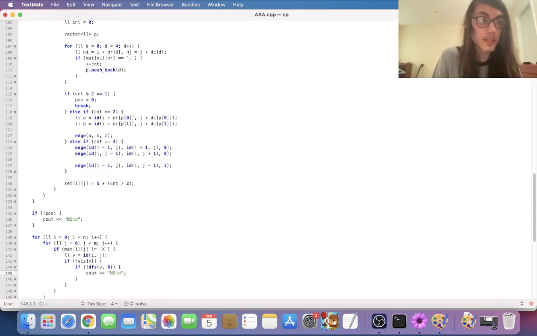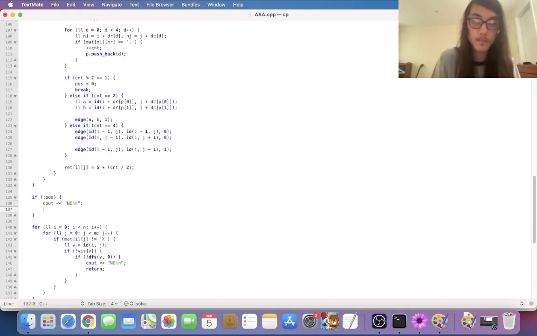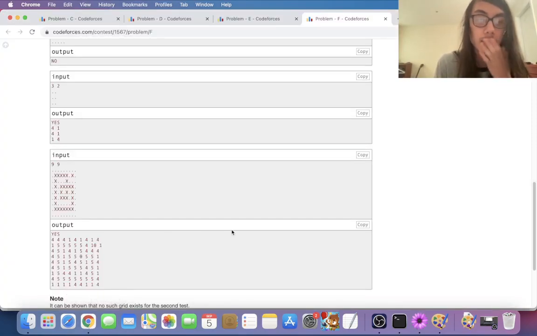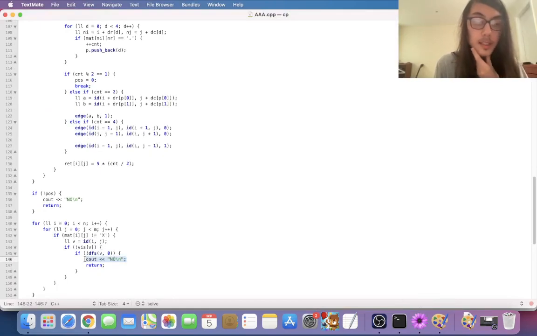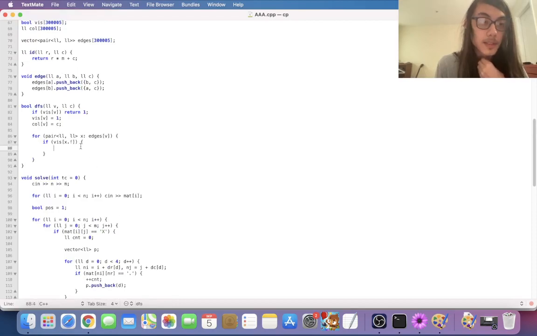I'm feeling we shouldn't get to this, but in case we do, like it should always be possible, but in case it isn't, then I'm not sure. I'm getting the feeling that it should always be possible, so this shouldn't be necessary, and I might add an assert later if it's wrong. But for now, I just want to test it. So if it's visited,